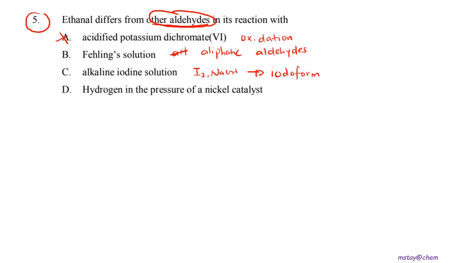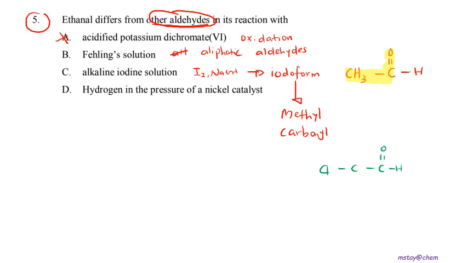The structure for ethanal is CH3, C double bond O, H. The purpose of the iodoform test is to detect the presence of methyl carbonyl. So for ethanal, it is confirmed that there is methyl carbonyl. Let's say we have another example of an aldehyde, for example propanal, which will not have a